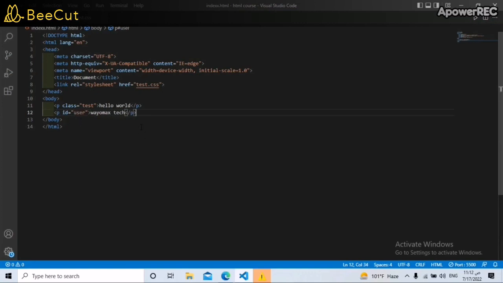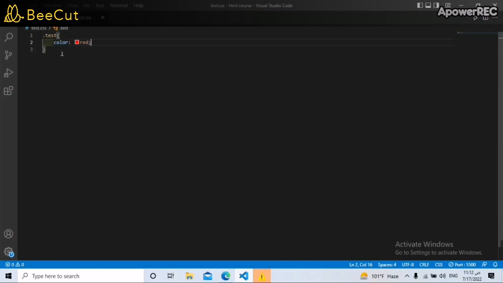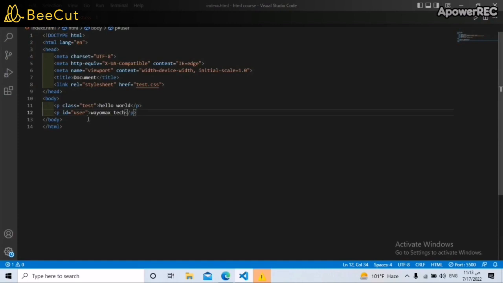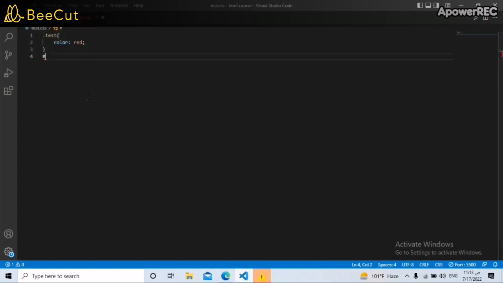And let's go to the CSS to call this element through ID. So if you want to call an element through ID, you write the hash symbol, and then you write the name of the ID. What is the name of the ID? It is user. Let's copy the name user and go to CSS, paste it, and open the curly braces. Let's make some changes. Let's choose color blue,